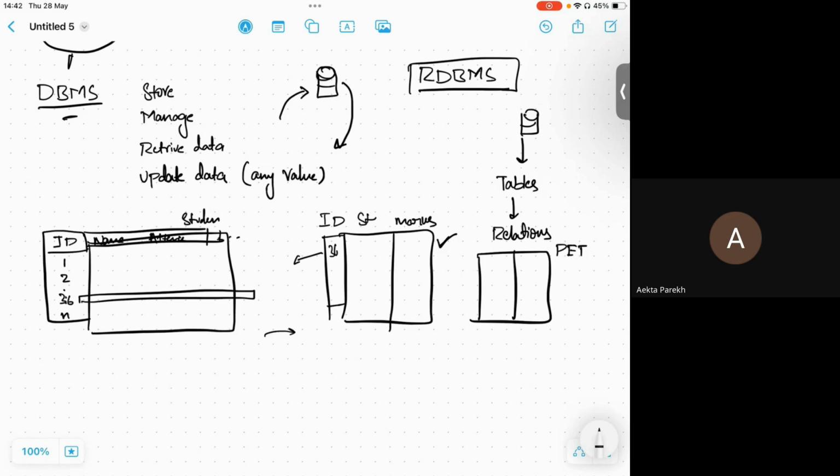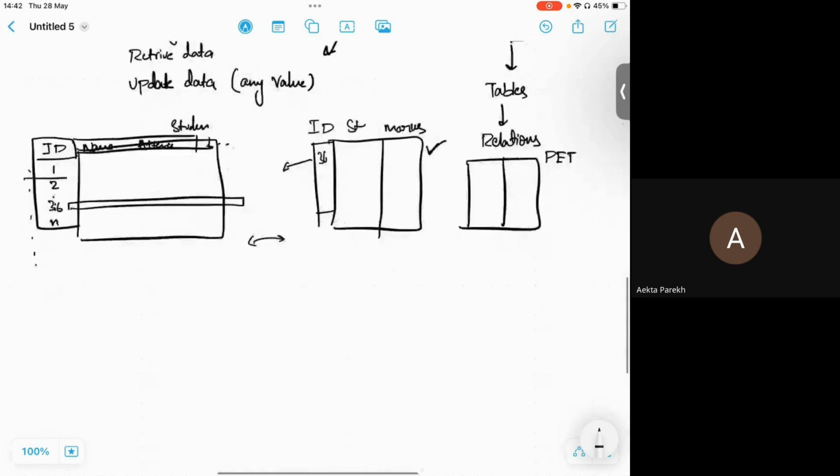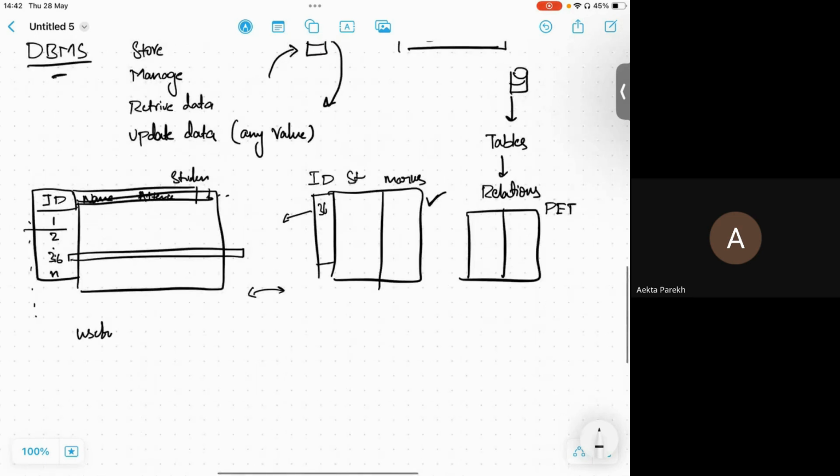It maintains the relations between them, and it is easier for us to fetch data which are very big. We can't go one by one, right? We can't keep on checking everyone. We have to have a reference. So that is why the relational database is actually useful, and it is faster. It is very fast when you are fetching the data.